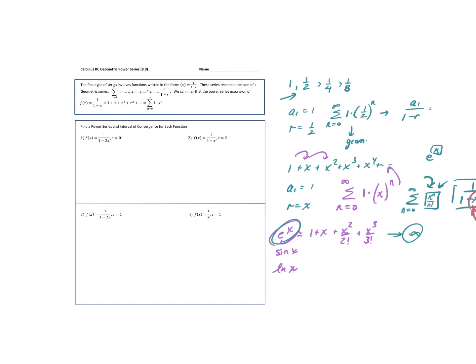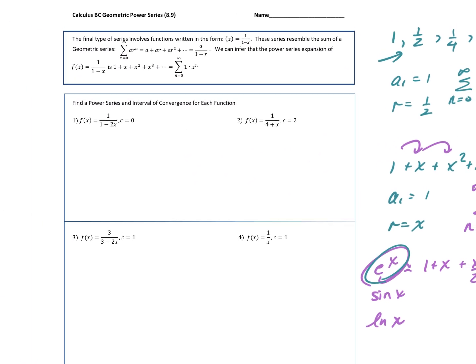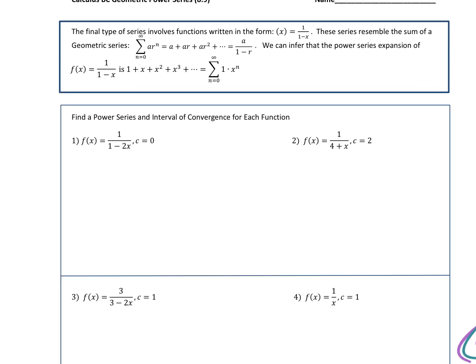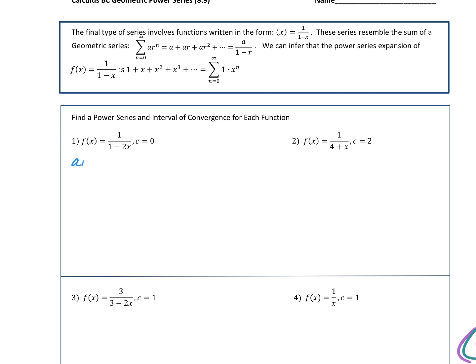Okay? All right, so what we're going to do is create power series. Now, for this to work, we have to get it into that sum of a geometric form. So it's the a sub 1 over 1 minus r idea. So for something like this, I'd say a sub 1 is equal to 1, r is equal to 2x. So I could put that right into my series. So we're going to get n equals 0 to infinity of a sub 1 times r to the nth power. So that's a geometric